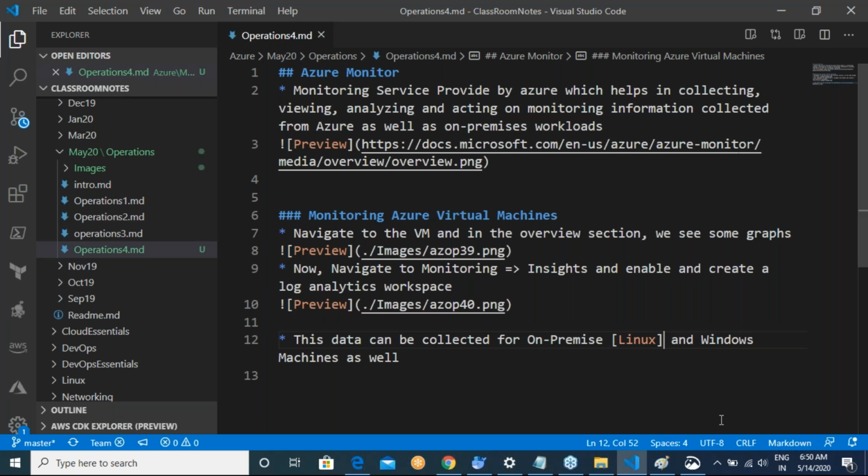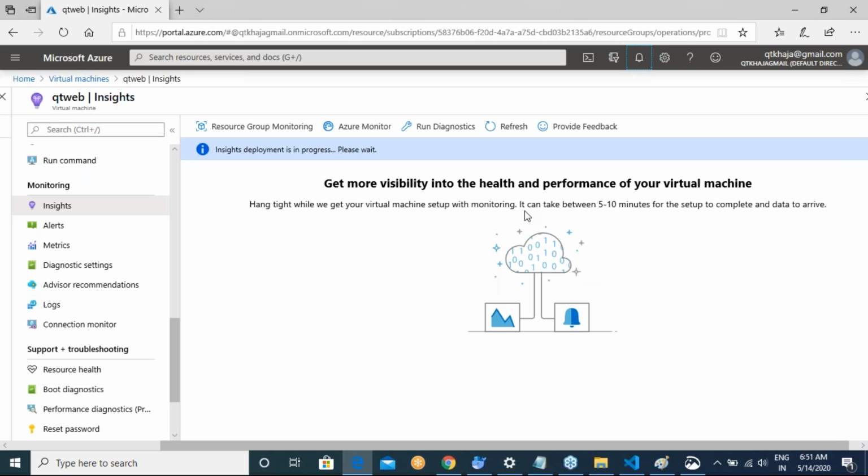So if your company wants to use analytics for Linux and Windows machines, then I'll be giving you links, and from there you can do it. You have to do some downloads in the existing setup. But first, let us wait for this to be finished.